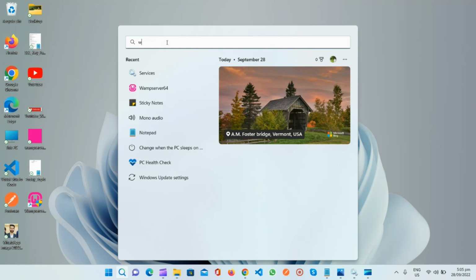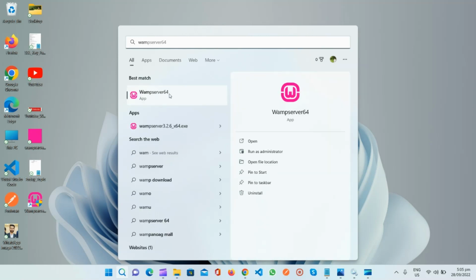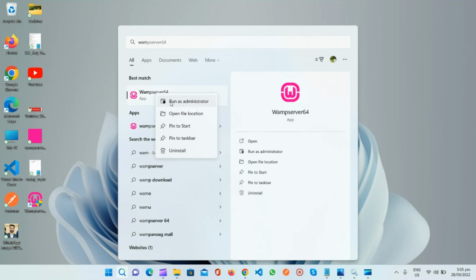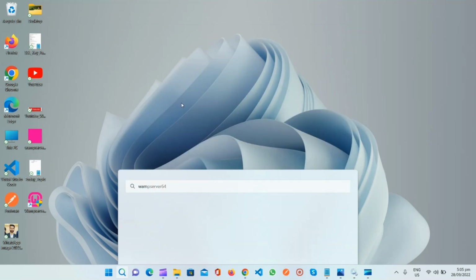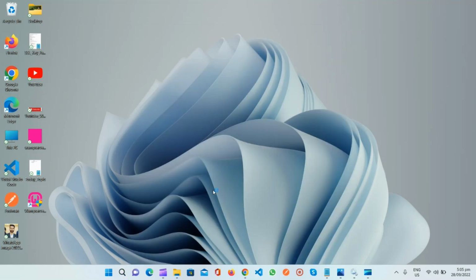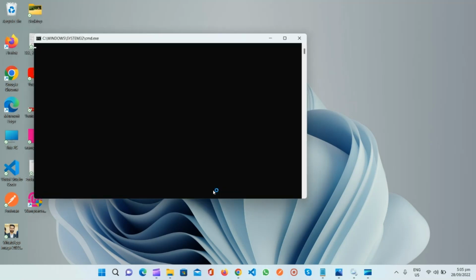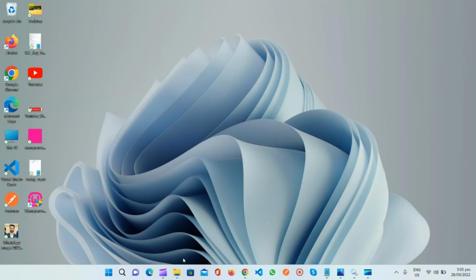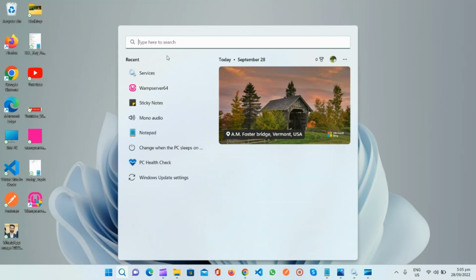You can check that WAMP is installed on your system. Yes, WAMP is installed on your system. Right-click and run as administrator. Click on yes, and WAMP is running. If you want WAMP to run always without running it again and again,